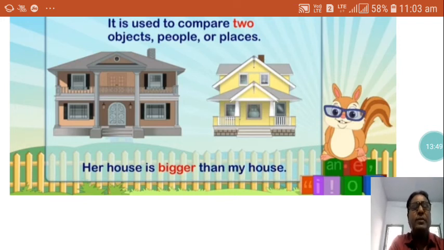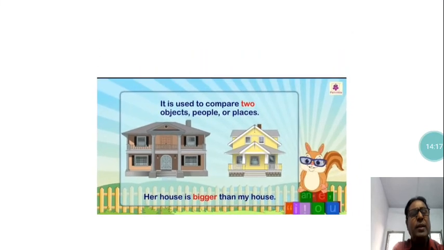As we have already seen, the comparative form is used to compare two objects, two people or two places. Here is an example we have already discussed. I am taller than you means there is a comparison between two. When we say I am taller than you, this taller is the comparative form of the adjective tall. So let us see now, students, the